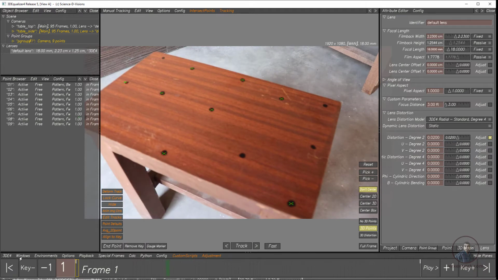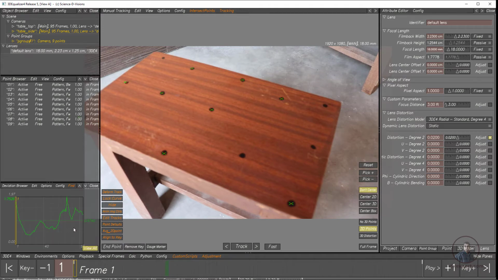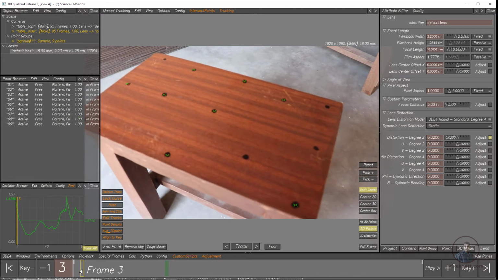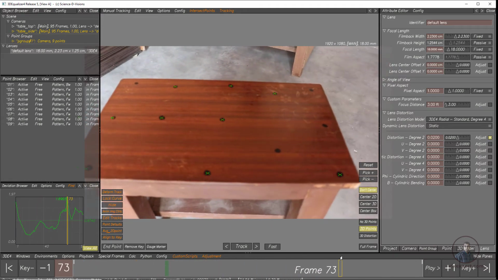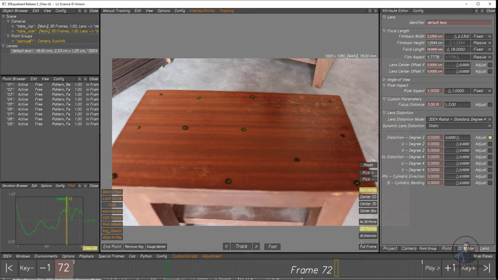Now again check the deviation values, click on environment and simply click on basic here if you want. So you can see on the downside maybe 0.9, still on some frames this is a little bit high. Now because you have adjusted your lens distortion, on the downside you have to click on 3D distortion point. This is important. If you are adjusting your lens distortion, then you have to click on 3D distortion, okay, not 3D point. Now you can see the differences, okay. So 3D distortion you have to check here.